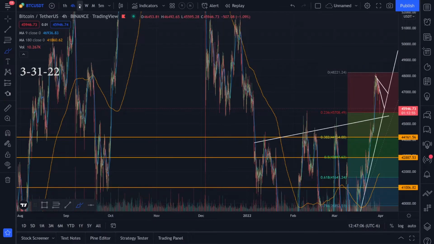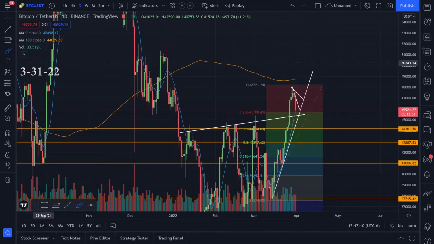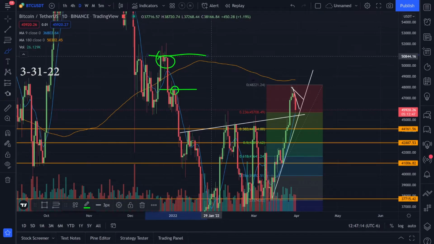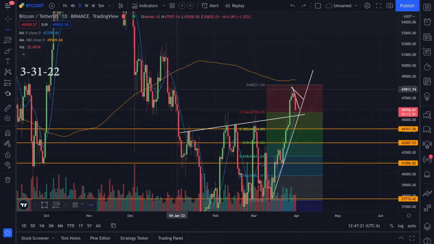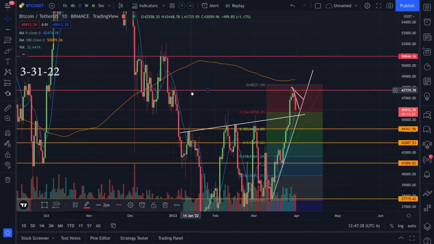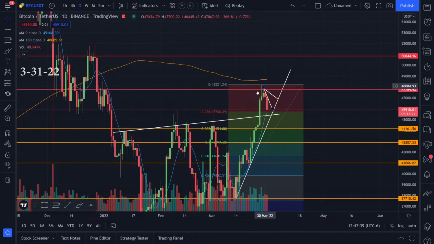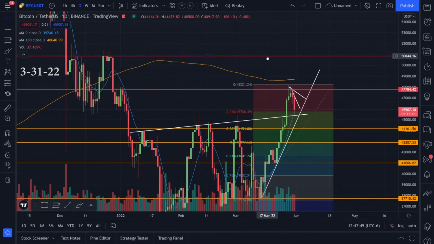The other thing that I've been looking at, if we go to the daily time frame, I was watching this resistance and this resistance. I was saying we need to clear these areas before we can actually come up and hit the target. So let's go ahead and set up those horizontal red lines. One right here and one right here. This first one was sitting at 47.7K. This is where we got rejected and we're starting to head down, or we got a little pullback. And then the next one is sitting at